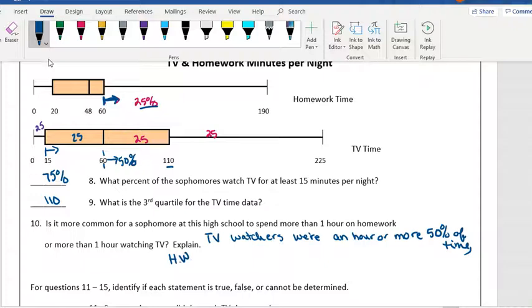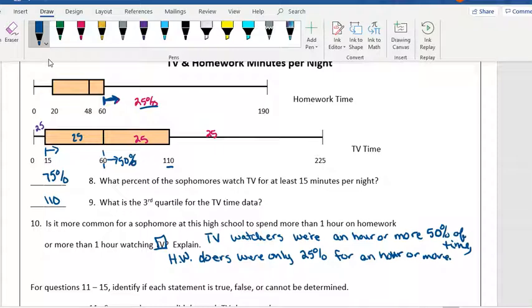Homework doers instead of watchers were only 25% for an hour or more. All right, that's why. So TV,